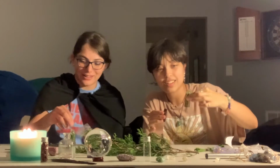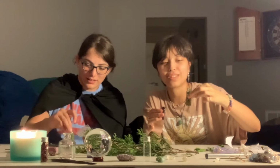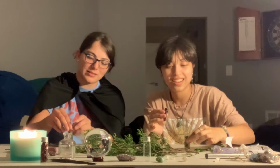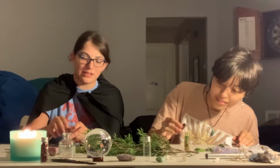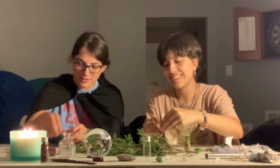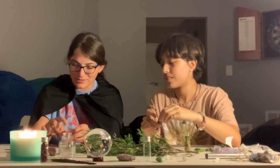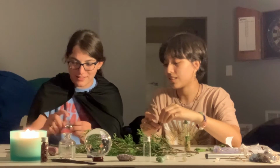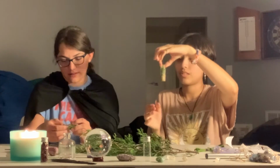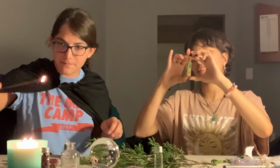That's what happened to mine. Is that good? Is that good? Witches and pagans and Wiccans in the comments. Is it good that I'm spilling the oil on the outside of the jar? You just twirl the jar around and it'll get down to the bottom. I'm not concerned about it getting to the bottom. I was gonna put some more incense. Incense, like the ash? Oh, like the incense itself? This is really cool. I think this is all my steps before I...